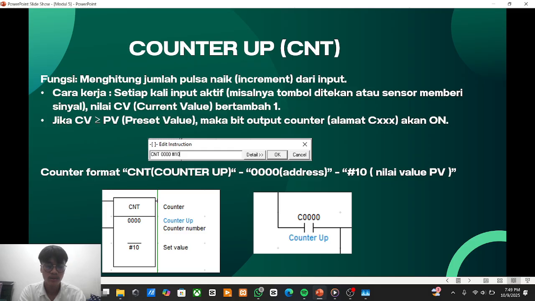This output can be used to trigger other operations, such as turning on a lamp, motor, or another process. In the format shown, CNT 0000 hashtag 10 means that the counter with address 0000 will activate its output when it has counted up to 10 pulses. The next slide.